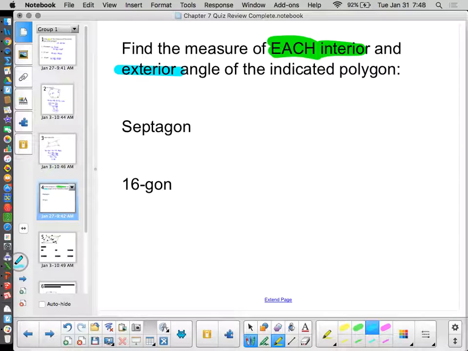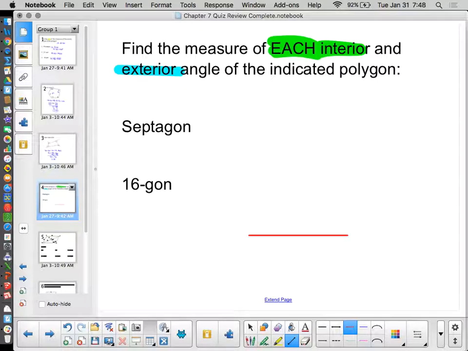So, here's where we can use a little bit of strategy. I do not need to find the sum. You could find the sum and then divide by the number of sides, and you'll find the measure of each. Not number of sides minus 2, number of sides. But what's much easier,